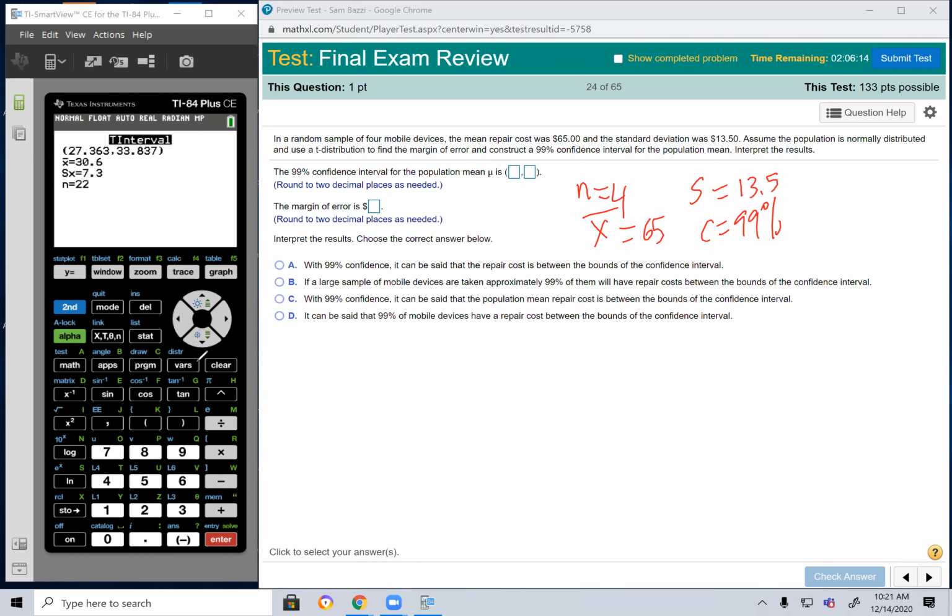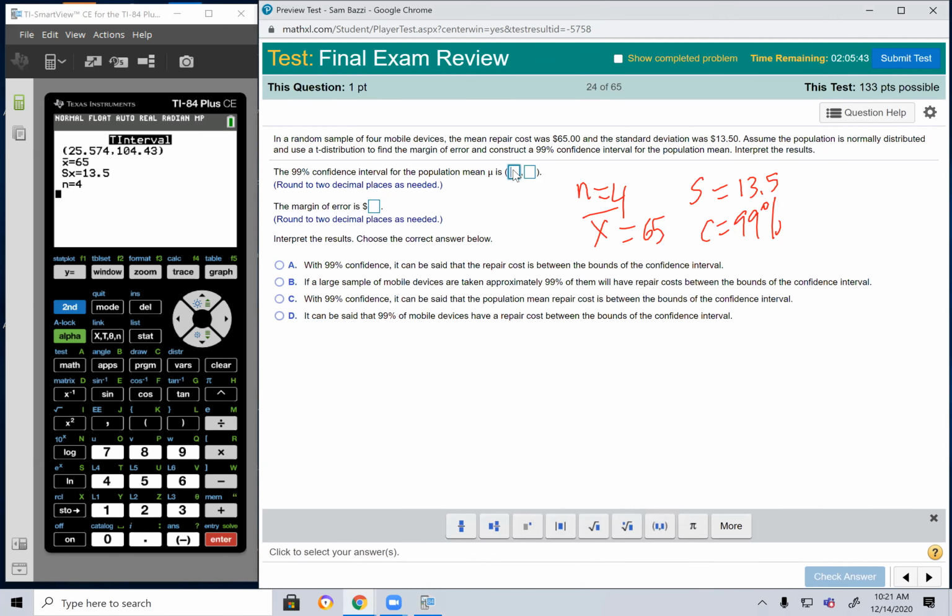Okay, it's the same thing as I did here. So I'm just going to take you back and do the same thing. I want to do them because it's been a while since we did confidence intervals, so it would be a good refresher for you. The mean is 65, S is 13.5, N is 4, and the confidence level is 99. This is the highest confidence level that we work with. So we get 25, how many decimals? 2 decimals, 25.57